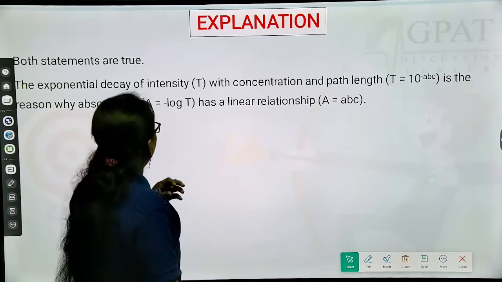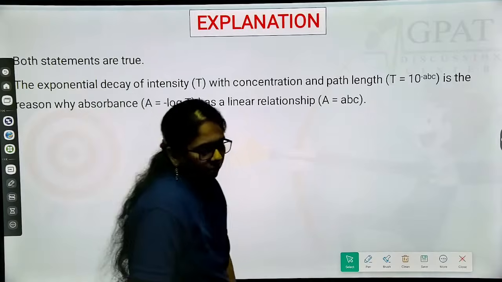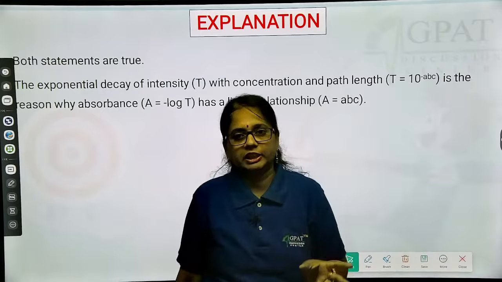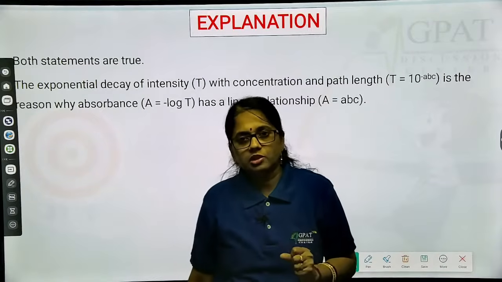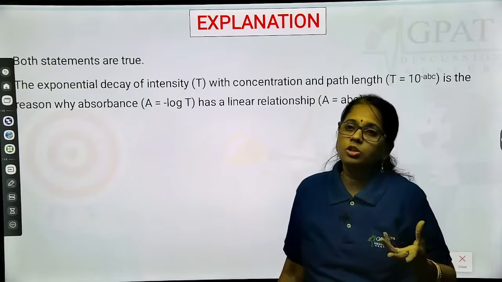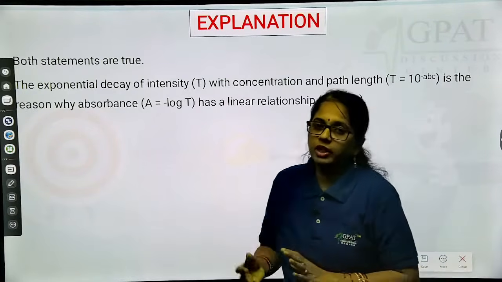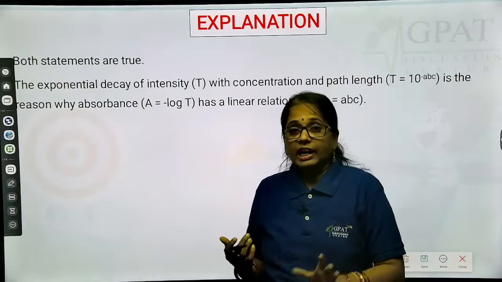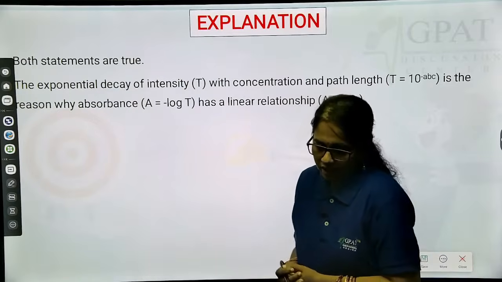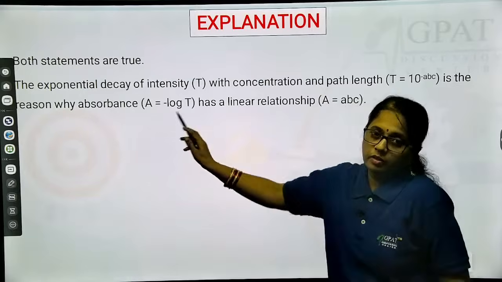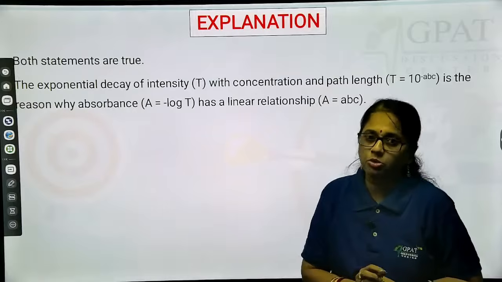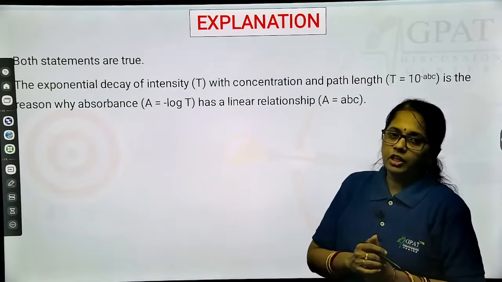And how are transmission and path length related? That is also explained by Lambert's law, and he also gave some information about how the intensity of the light decreases. So that's why, if you see the relation between absorbance and transmittance, definitely you can say